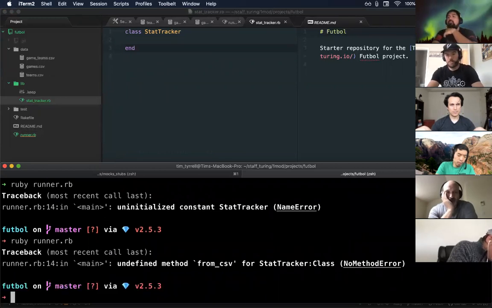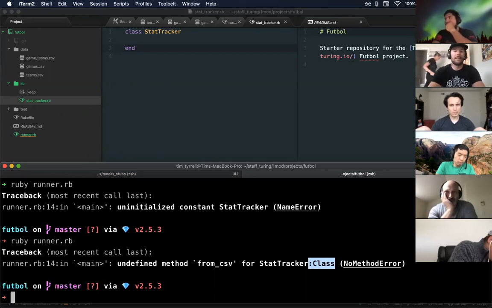Undefined method from_csv for the StatTracker class. So that's a little bit different than what we've seen before, as far as how this undefined method error looks.